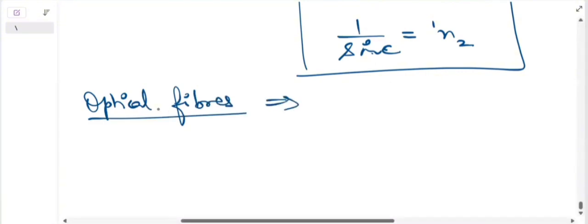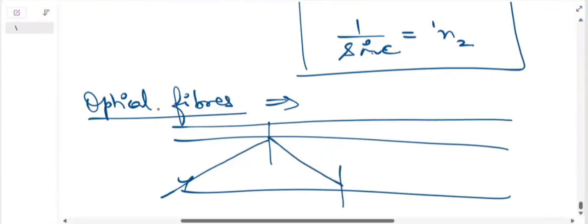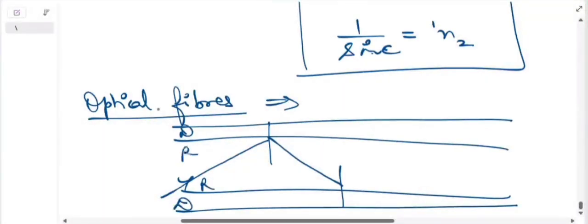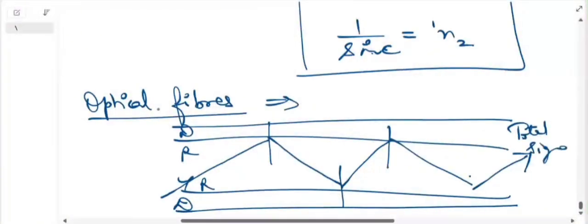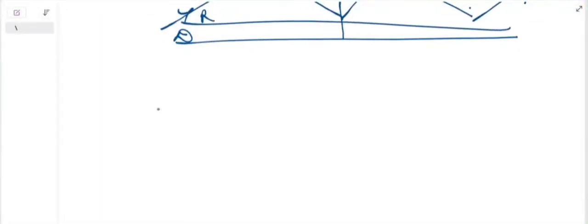Suppose light starts traveling from this angle. Then here it will give total internal reflection. Now again, it is made such that it is covered with two mediums. Here we have denser to rarer, again denser to rarer. Again it will travel here, again it will travel here. So it will give a clear signal, or I should say the total signal on the other side without any distortions. So this is the use of optical fiber.